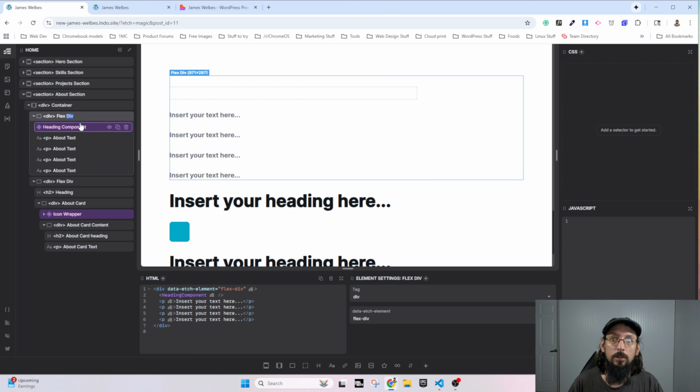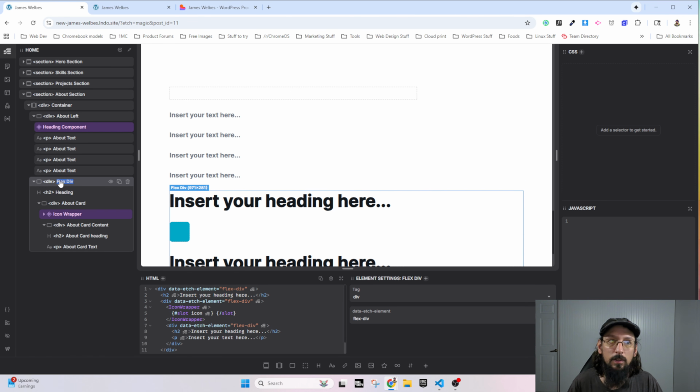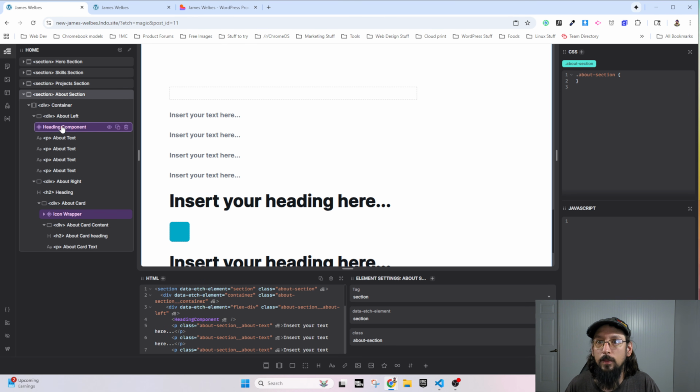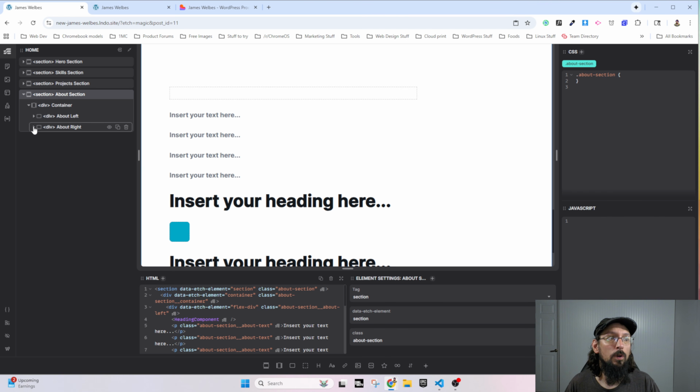What is this? I'm going to call this, I don't know, about left. About right. Not clever, I know. Autobam. All right, what's the first thing we need to do? We're going to give the container a